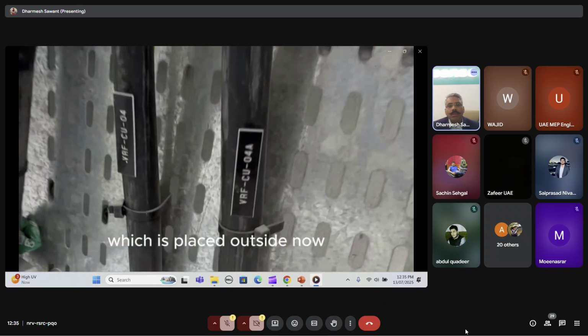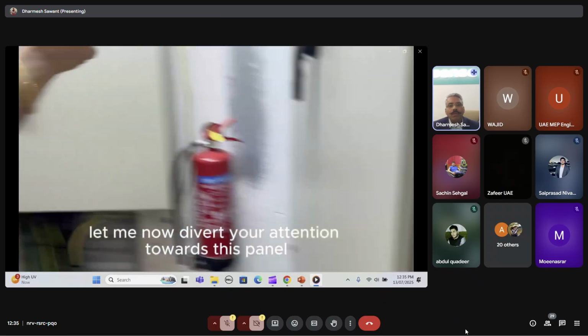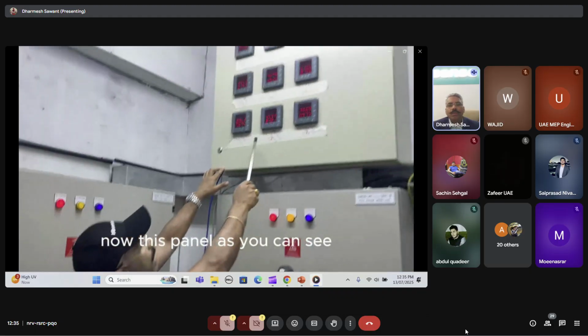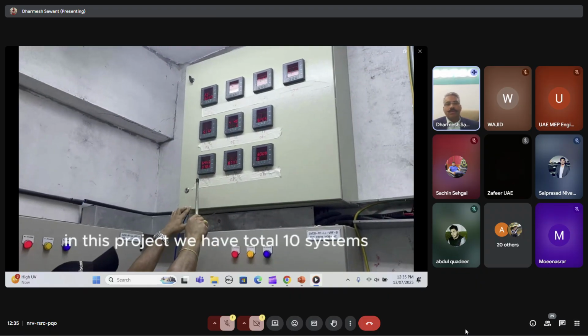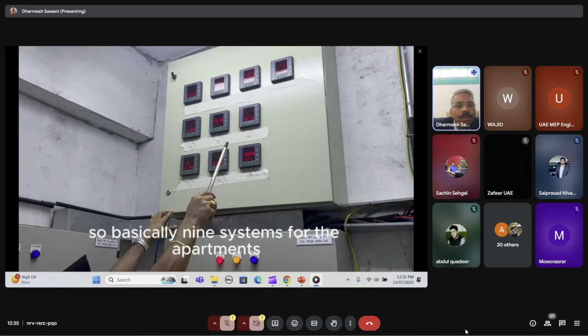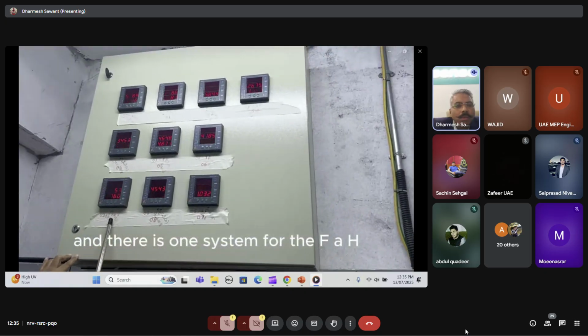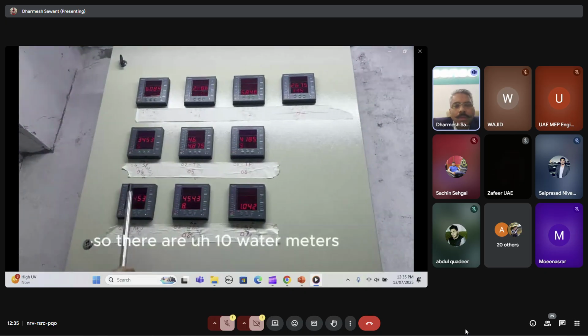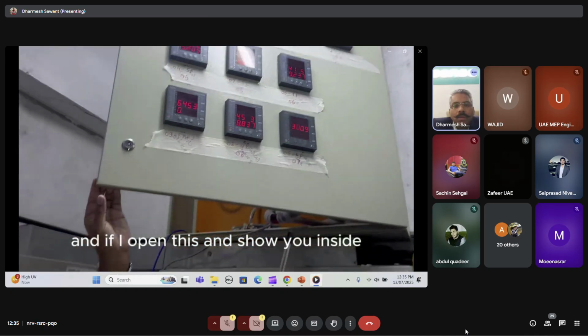Now, let me divert your attention towards this panel. As you can see, these are all the watt meters. In this project, we have a total of 10 systems: 9 systems for the apartments, and one system for the FH. So there are 10 watt meters, and if I open this and show you inside,